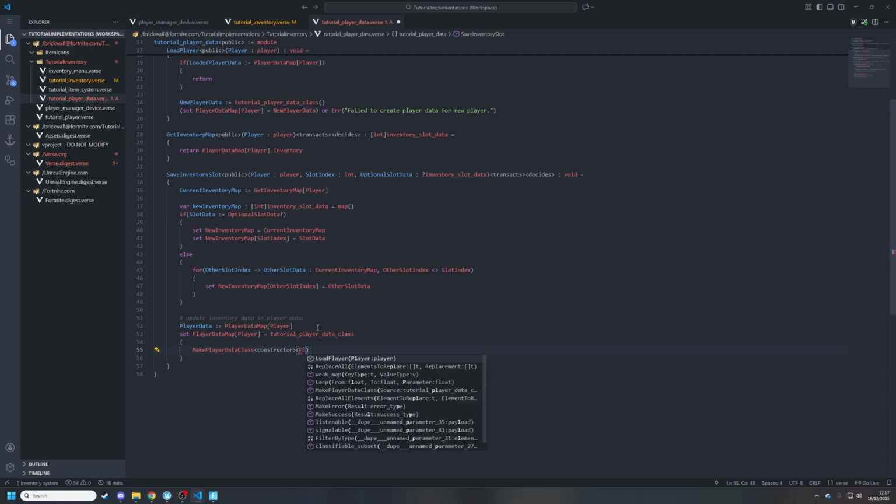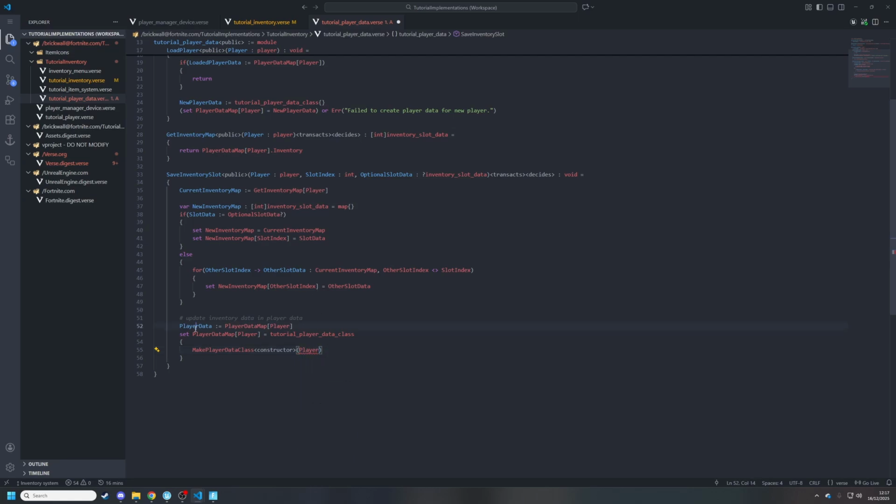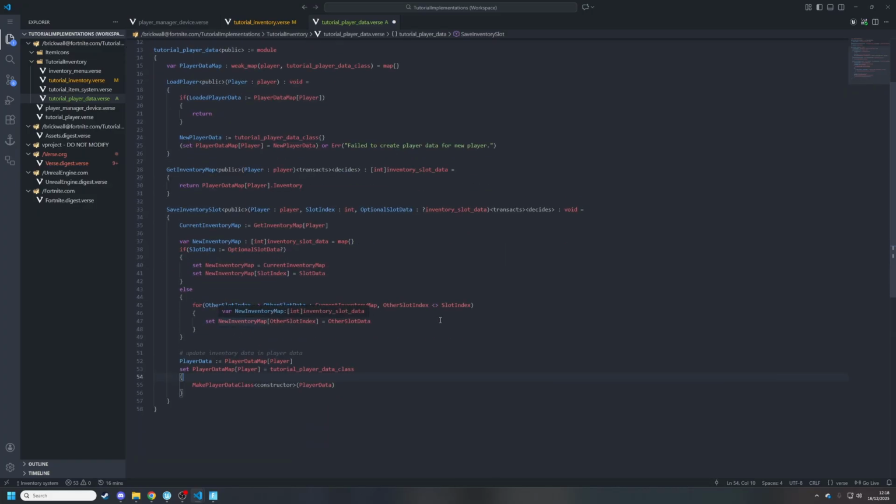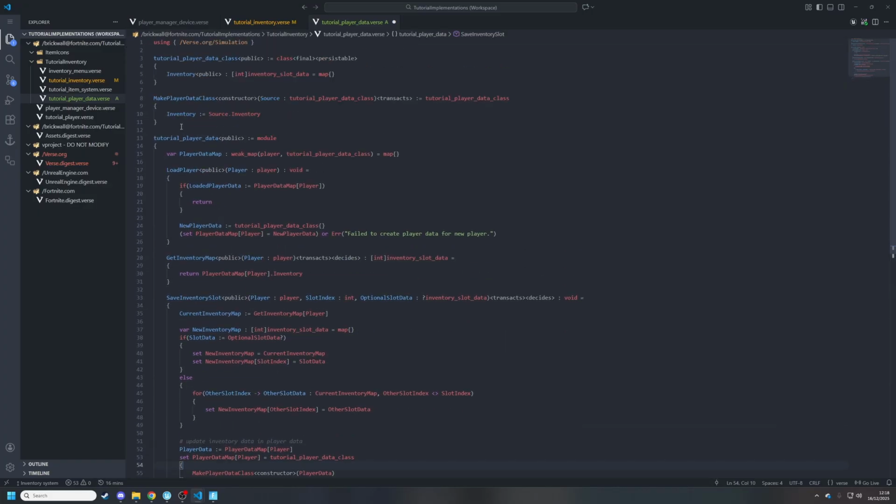any fields from the previous value, which is here. So this is the previous, or like the current player's data. And this will basically just make a copy. So right now, this wouldn't do anything. It's basically just copying the previous data. What we want to do is copy the previous data, and adjust this specific